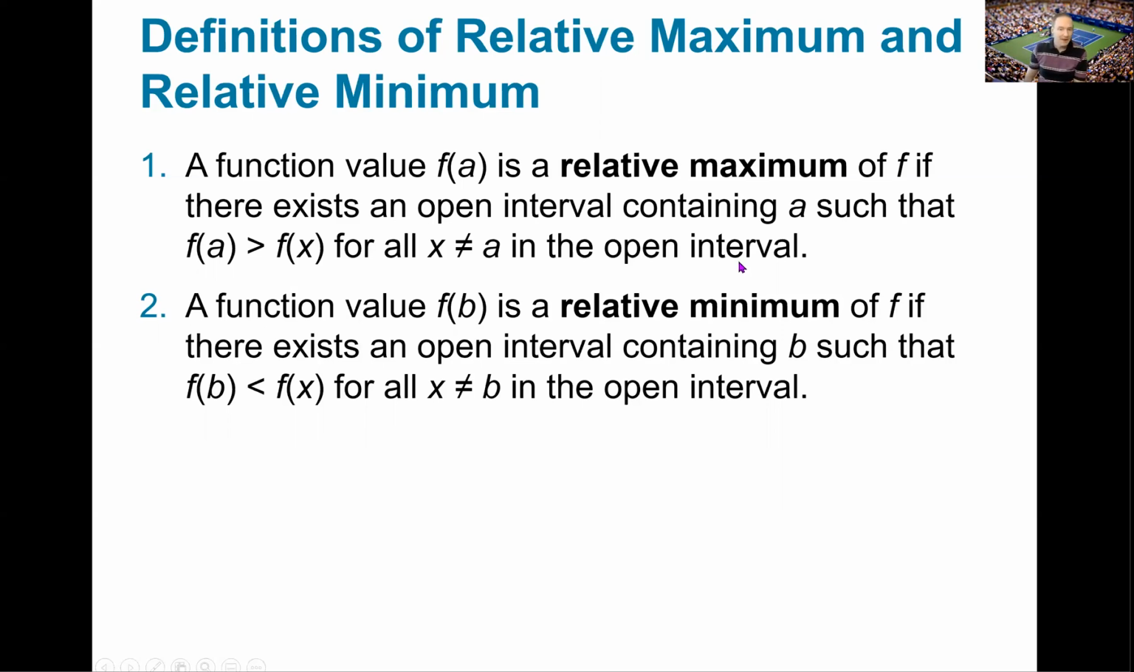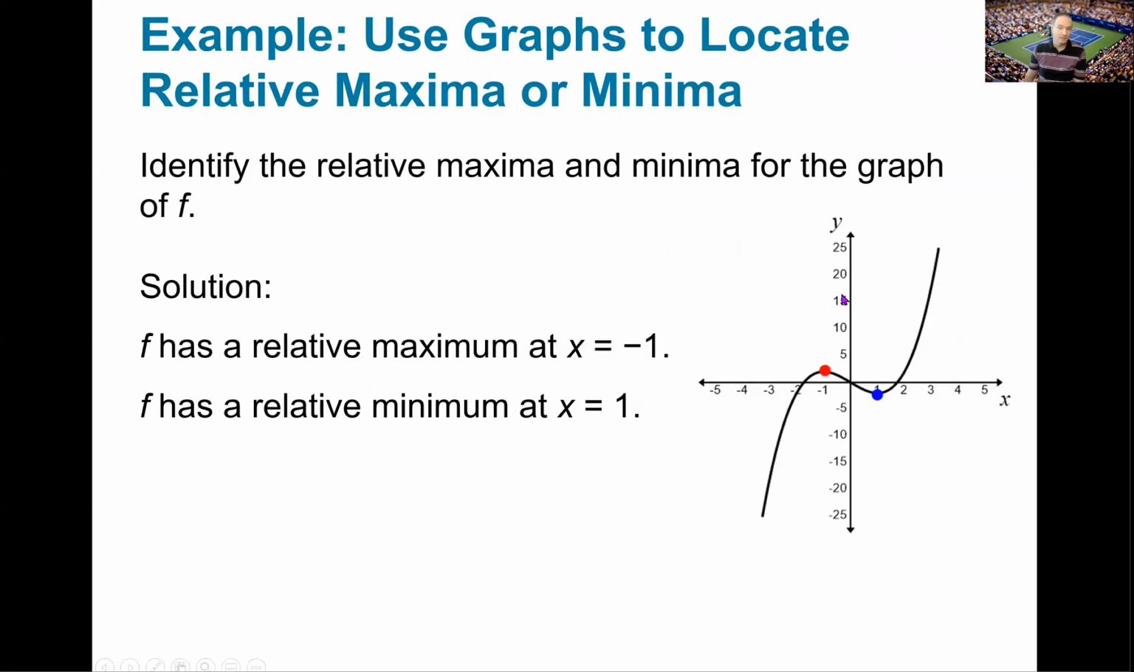Now, please keep in mind, it's not saying it has to be the lowest point on the entire graph, nor is f of a for the maximum saying it's the highest point on the entire graph. It's just higher than any point immediately to its left or right, and a minimum is lower than any point to its immediate left or right. For example, if I go back to that exact same question that we had,